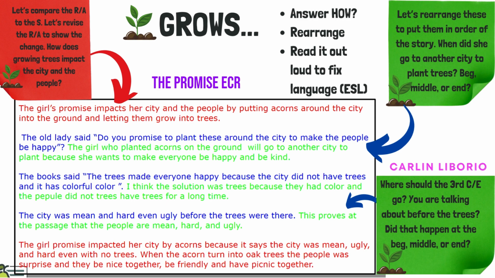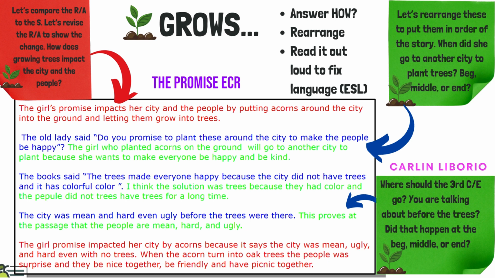So I don't know if the student is talking about what happened at the beginning of the story and they just accidentally added in another city, or this could have been at the end of the book after she made her city beautiful. Then she wanted to go to more cities to make those cities beautiful. If that's what he's trying to say, and I would only know this by talking to him, I would probably move that one to the end. And since he already typed it on the computer, I would show him how to highlight that paragraph, cut it, and move it to the third. It would probably be best to put that towards the end.